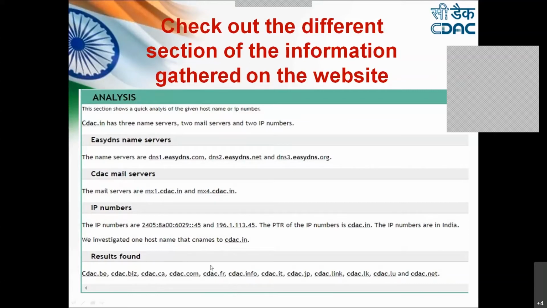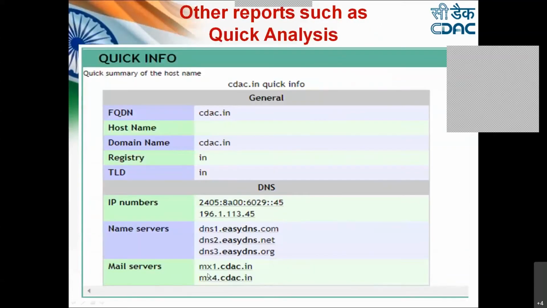So once you are going to use it, you'll be getting a lot of information. So this is a screenshot, very limited information we are showing it here. So it is going to provide you the IP numbers, the name servers, the mail servers here. So this is some additional information which again Robtex provides you about the target. So once we are clear with this, these are the mail servers used by this target. These are the name servers used by this particular target. Then the major concern of hacker is to get the number of subdomains in detail.